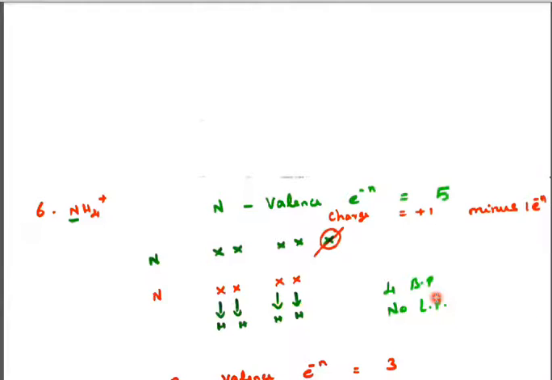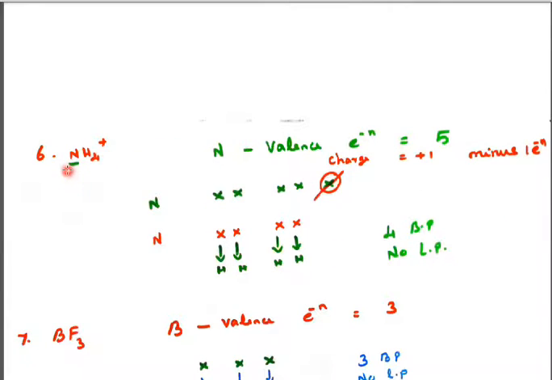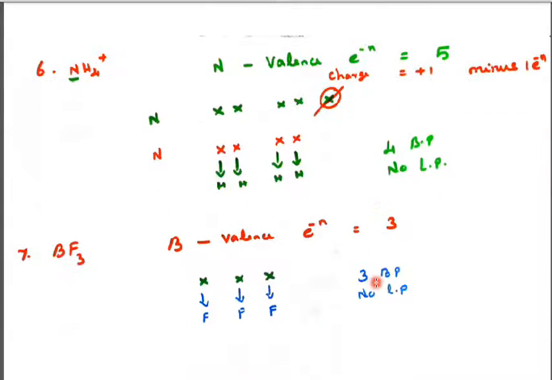That is bond pair. Next, NH4 plus. Nitrogen belongs to the 5A group, so valence electron is 5. There is a plus charge, so we should remove 1 electron. First you write 5 electrons: 1, 2, 3, 4, 5. Remove the last one, because after removing 1 electron it becomes plus. So now 4 electrons remain. 4 hydrogens are combined; the combining power of hydrogen is only 1. So 1, 2, 3 and 4. There is no lone pair at all. So that is 4 bond pairs and no lone pair.